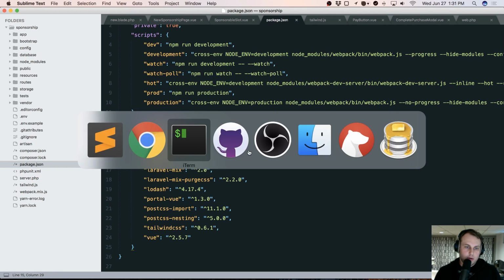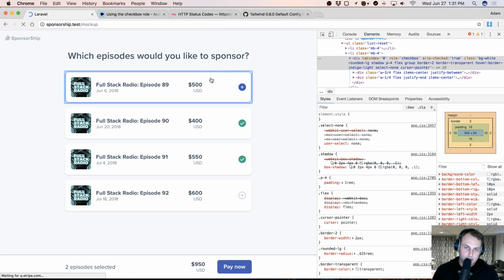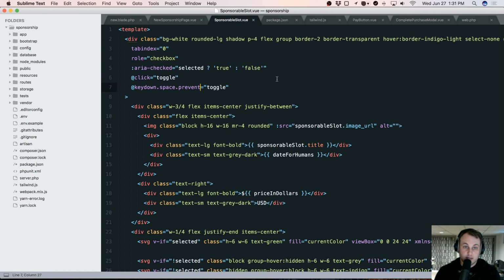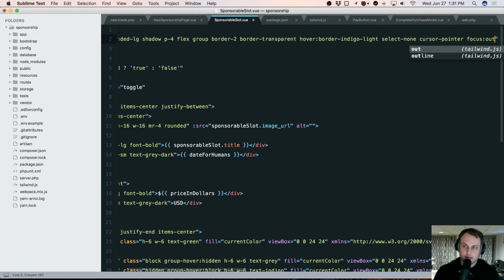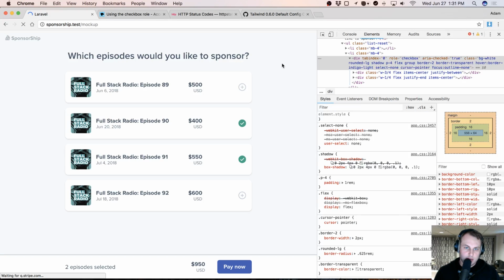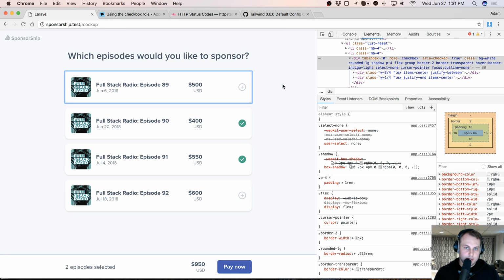Okay, so what were we doing? We were going to add some focus styles for this stuff. So right now we got this kind of ugly blue outline. So why don't we start by just suppressing that outline like very bad people. And we'll just say on focus, we want no outline. So you'll see now that we've refreshed, when I tab to it, not to another tab, but when I tab to it,